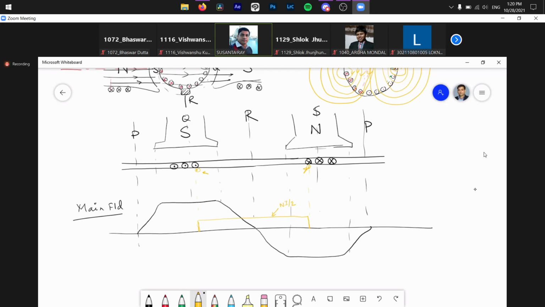Got my point? Now if I take these two, the middle two, that also will contribute the same amount of flux, because here all the coils are identical and we are assuming that all the coils are carrying the same amount of current. So that also will contribute the same amount of MMF, that is Ni by 2. Got my point? Now, if I add,